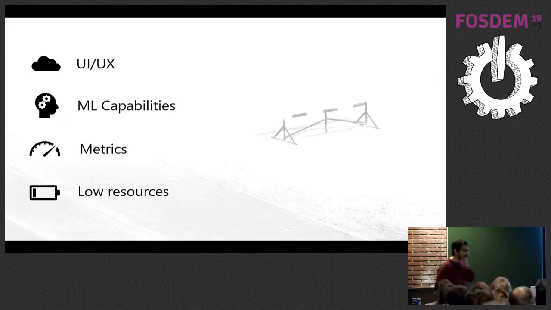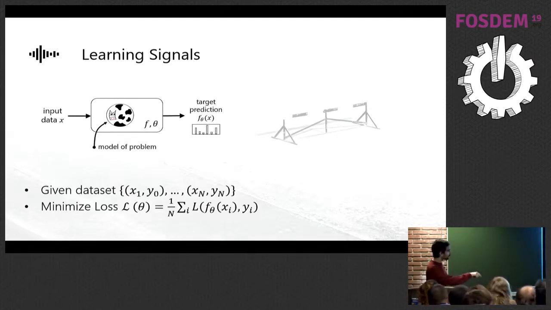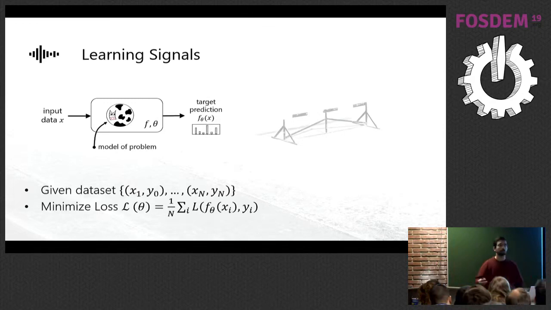So going back to the learning signals, which I think is the main question here, we mostly use supervised learning. We have some input data, we have our model, the spherical tau of our problem, and we try to make a target prediction. We minimize using input-output examples, x and y, and we try to minimize some loss. Essentially it says, I want to be able to classify this as closely as possible to my real data. And it doesn't seem that we always have this with software engineering.